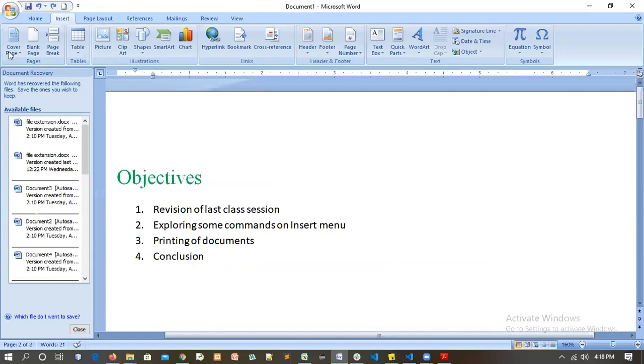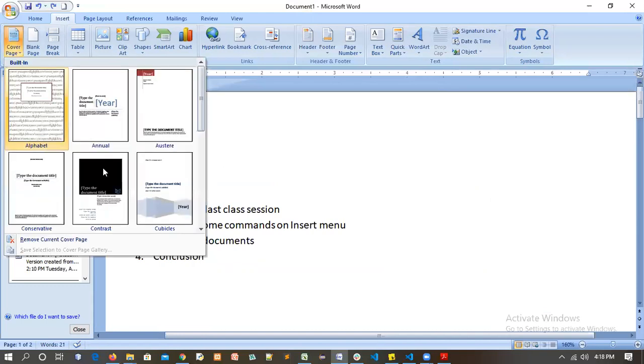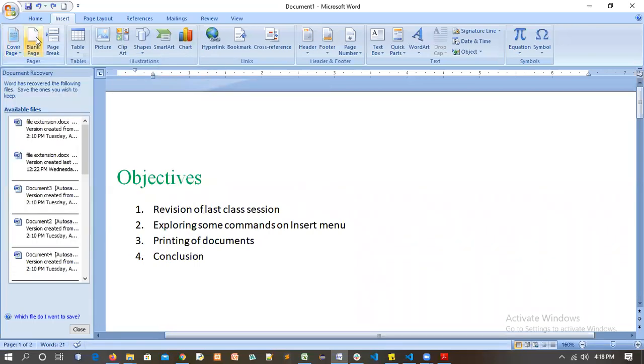So you can select a predefined front page for your document here. So that's the essence. Now, when you look at the next one beside it, called the blank page,